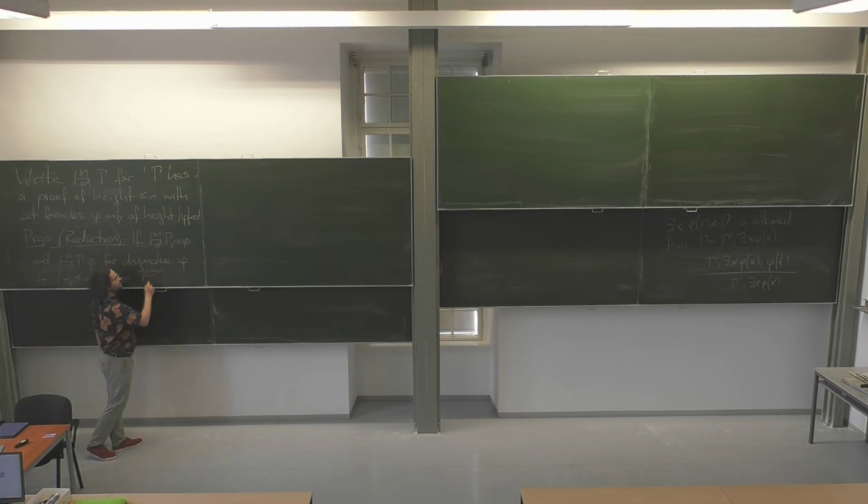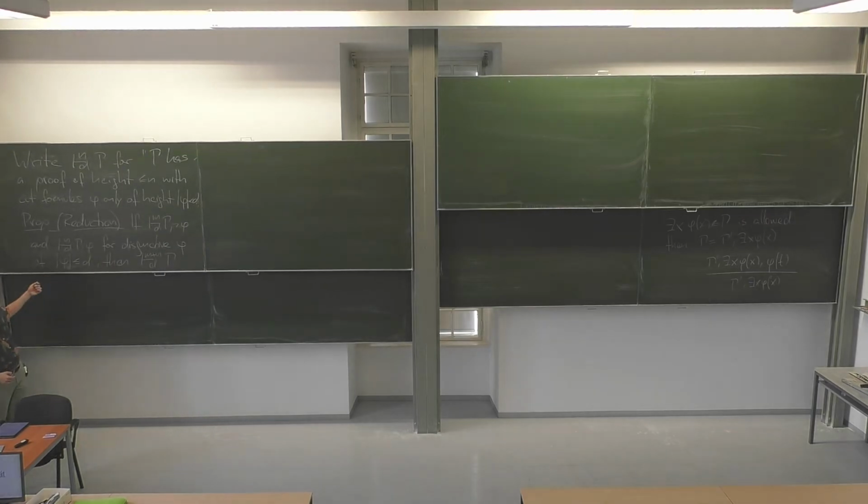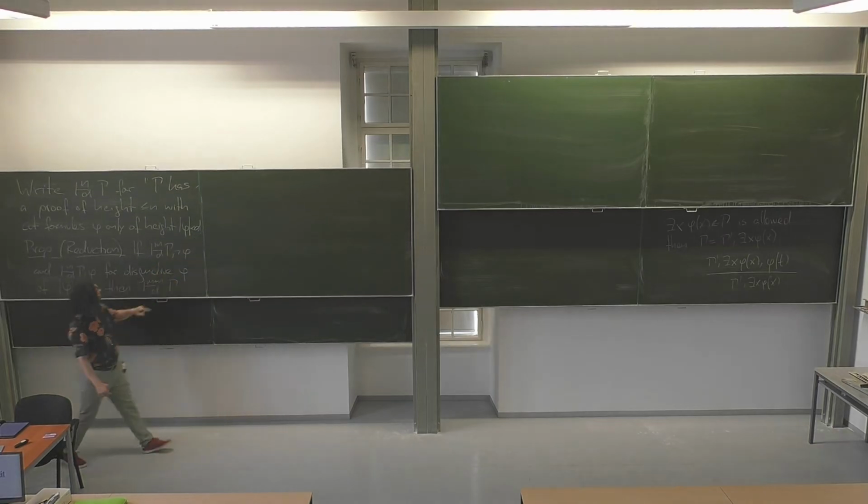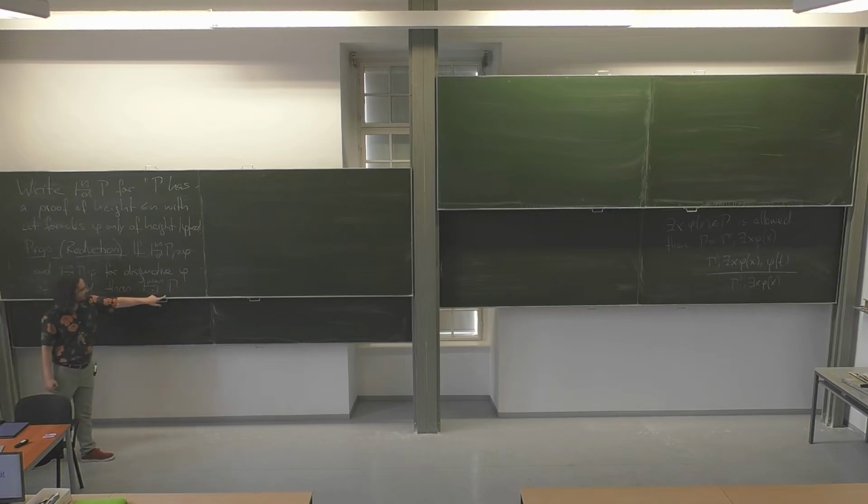So you add the two proof heights, you keep the same cut rank for gamma. And the point is that this bound d, the subscript here, only allows cuts over formulas that have height strictly below d. But here in the assumptions, phi could have rank equal to d. So if you would reach gamma by a cut, then this d would have to increase to d plus 1. And the point is, for cut elimination, that you can do this, you can reach gamma without doing the cut over phi.